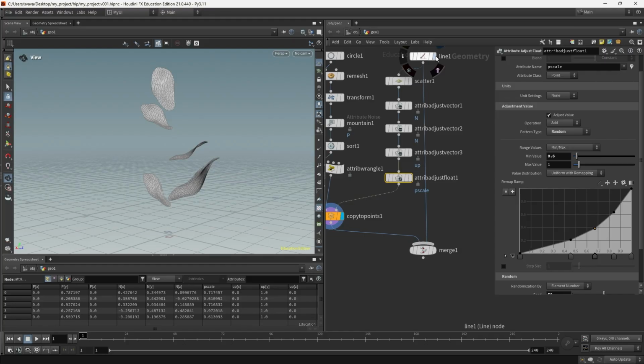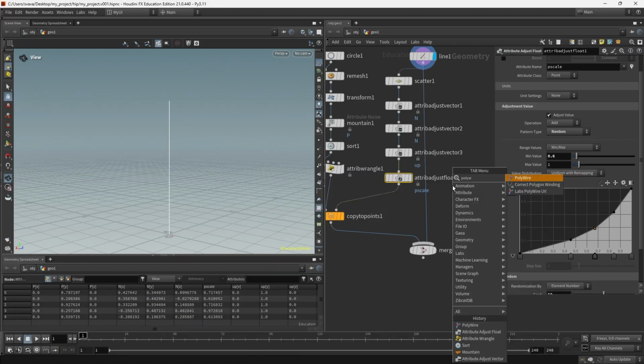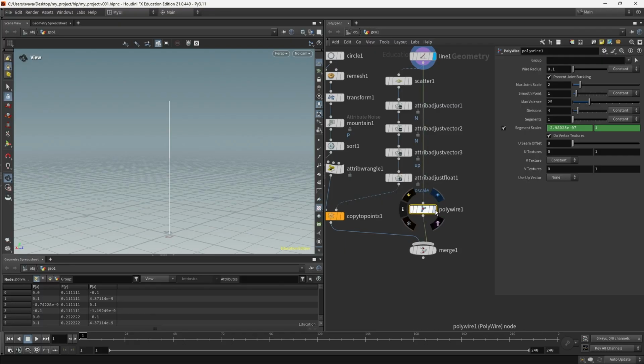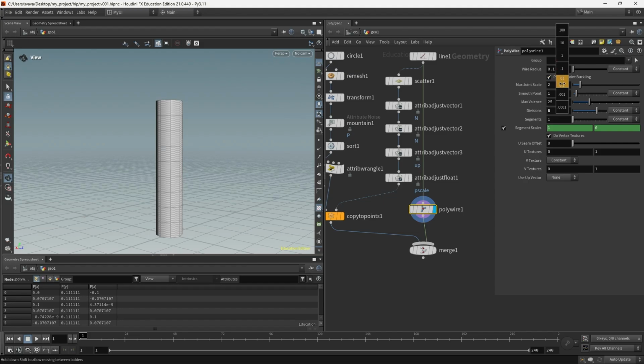Now for the line, we should give it a little bit of a volume. So I'm going to put down a polywire node, press tab and write polywire. Give it some more divisions to make it more circular, and then decrease its radius.